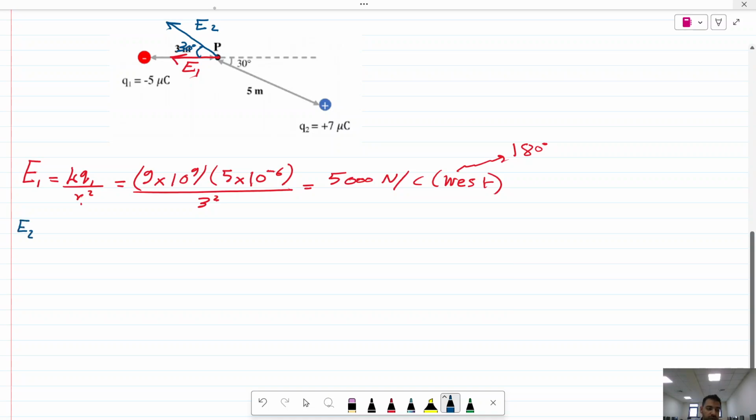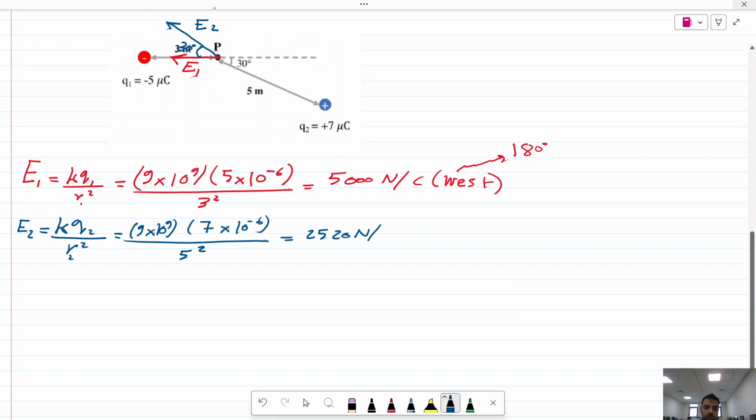E2 is equal to K times Q2 over distance 2 squared, which is equal to 9 times 10 power 9 multiplied by 7 times 10 power minus 6 divided by the distance between them, which is 5 squared,